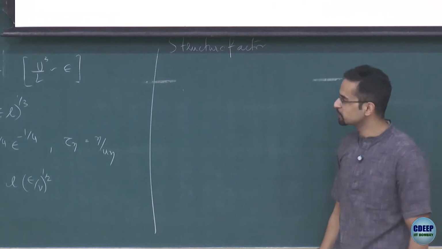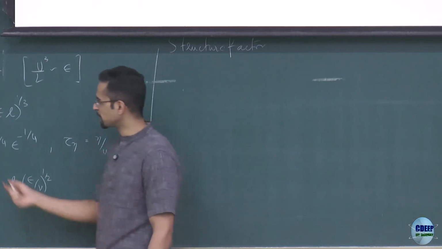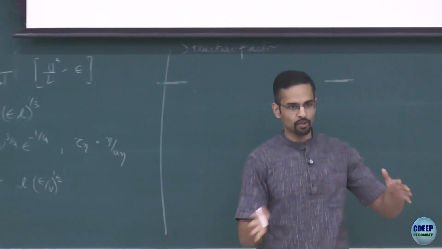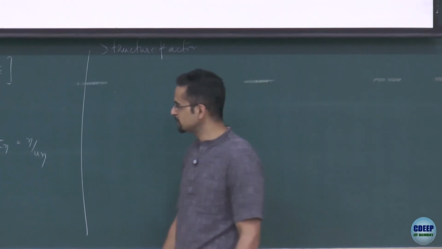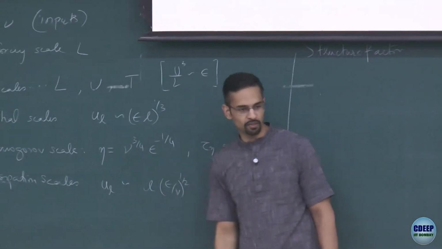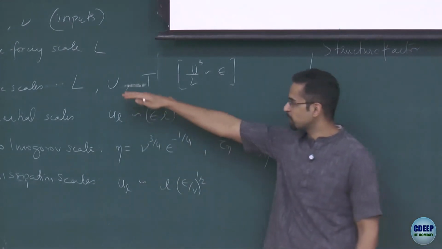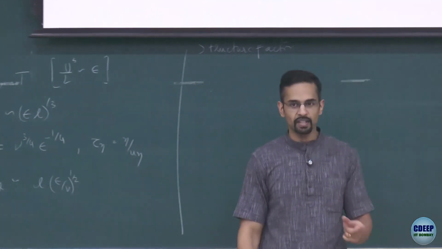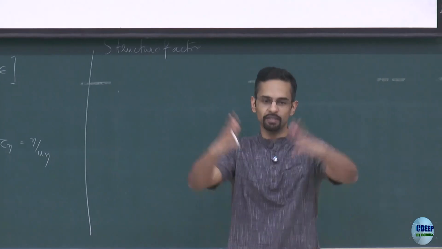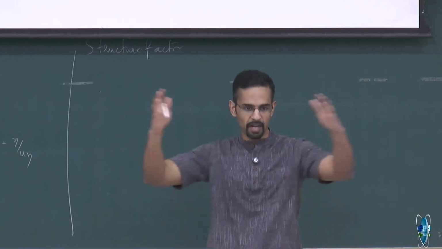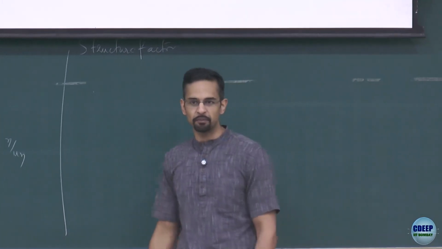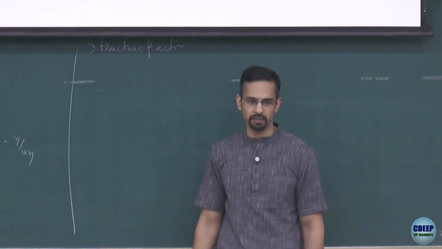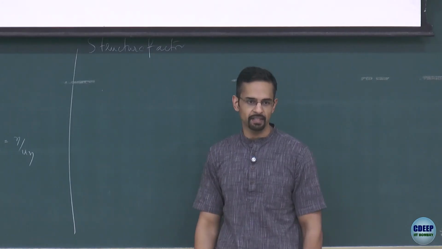Okay, so what one does is you want to think of something I can actually do experimentally to check whether you have this sort of scaling behavior of the velocity in this inertial range of scales. That means on length scales that are smaller than the large forcing scale, but bigger than the Kolmogorov scale. So the question is, how can I get scale-dependent information given some velocity field? Okay, I have some three-dimensional velocity field. You can, for example, do particle image velocimetry and get the velocity everywhere at different points in space. How do I extract scale-dependent information?